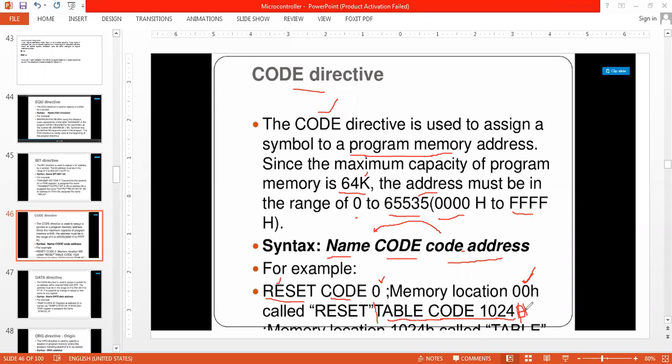Here I consider 1024H a hexadecimal number, and this address is given the name table. I am giving a name in the program memory, in the ROM, not in the RAM. In the RAM, I am going to utilize bit here.